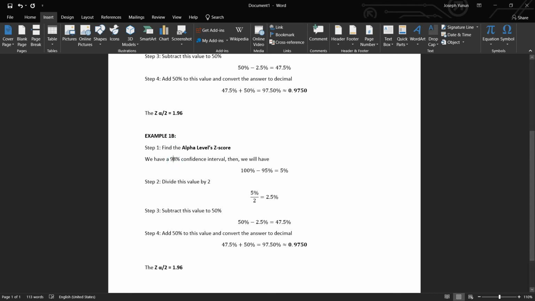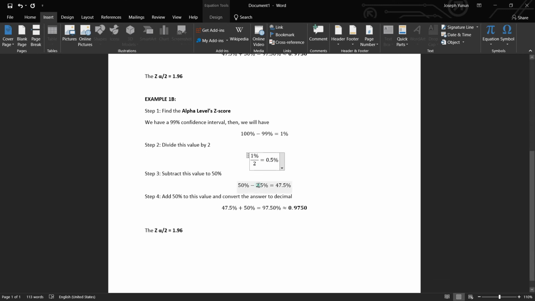So you'll have a 1% here. Then 1% divided by 2, you'll have 0.5%, so this will become 49.5. And then you have 49.5% plus 50%, so you'll have 99.50%, or 0.995. Now the alpha level z score, using the table,